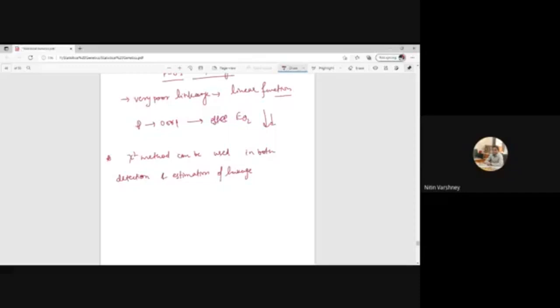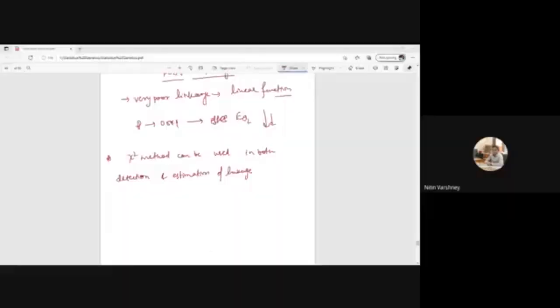For today I have completed from my side. All the 5 methods we have completed, that is estimation of linkage and its variance. Is there any doubt? If not, then we will stop here. Okay,